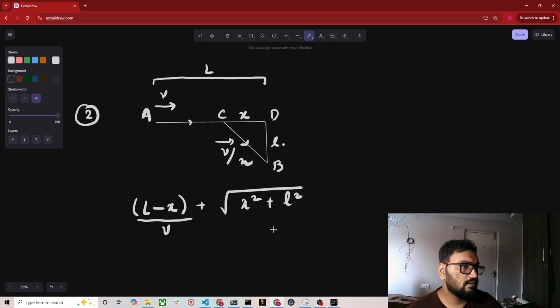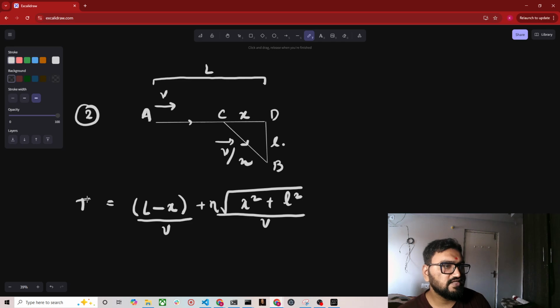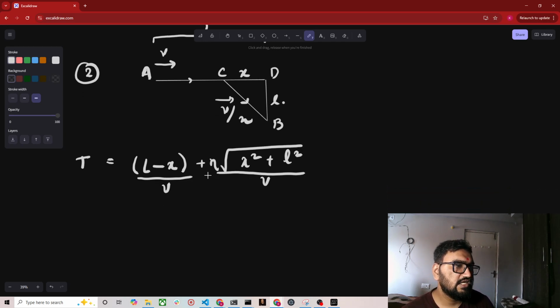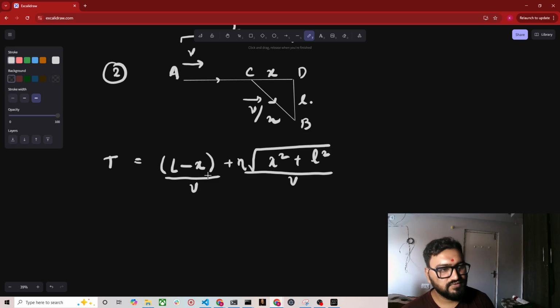If I divide this by V upon eta, eta will go up and V will be in the denominator, and this is the total time. So this is the equation we get of t, the total time the person takes to move from point A to point B,